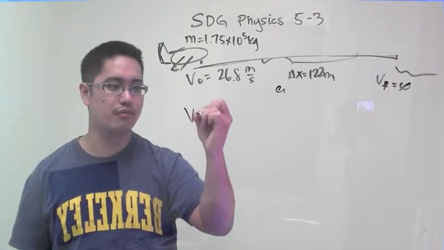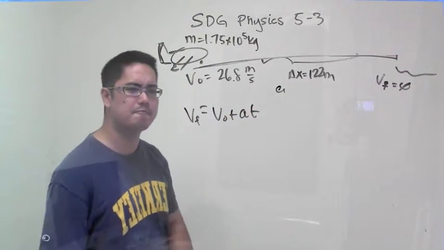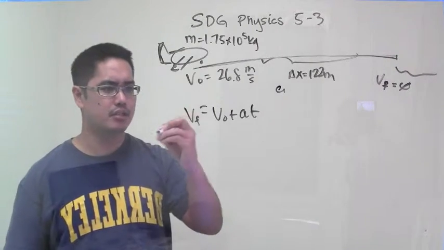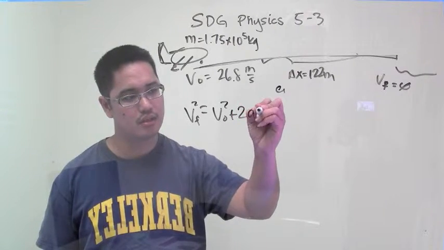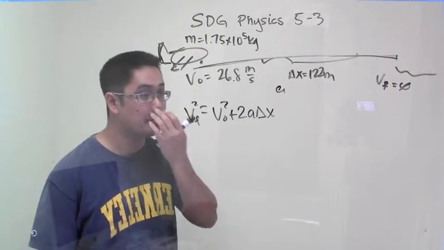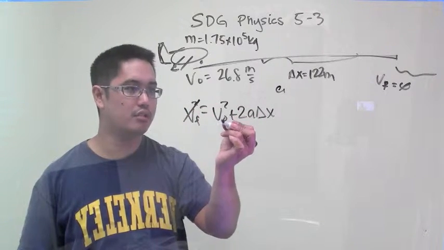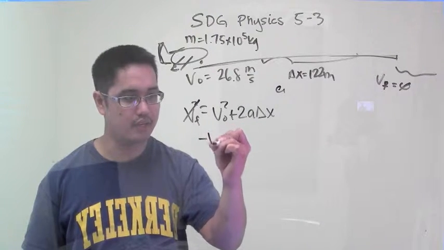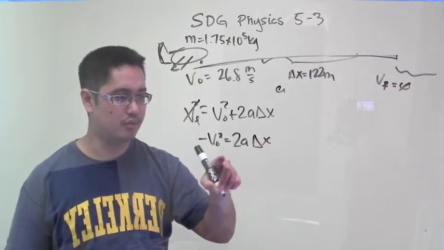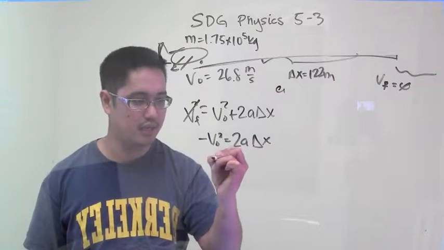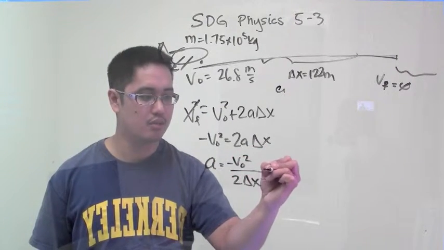Well, the equation I can use is V final is equal to V initial plus AT. Is that the equation to use? No, because I don't have time. So I think it's V final squared equals V initial squared plus 2A delta x. That's the other one. Alright. V final is 0. V initial is 26.8. So I'm just going to pull this over, and I get negative V naught squared equals 2A delta x. And so I'm going to divide both sides by 2 delta x. And so I'm going to have A is equal to negative V naught squared over 2 delta x, which is equal to